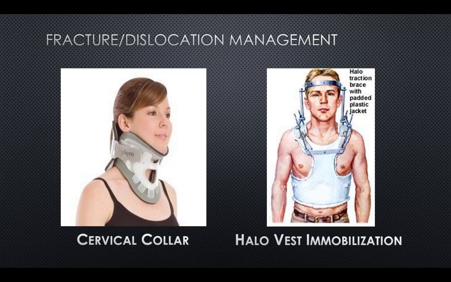Common fracture and dislocation management includes substantial bracing. The picture on the left is of a hard cervical collar, which minimizes neck movement and allows tissue to heal. When a brace is not sufficient enough to reduce movement, a halo vest immobilizer may be used. Halo immobilizations are commonly used for unstable